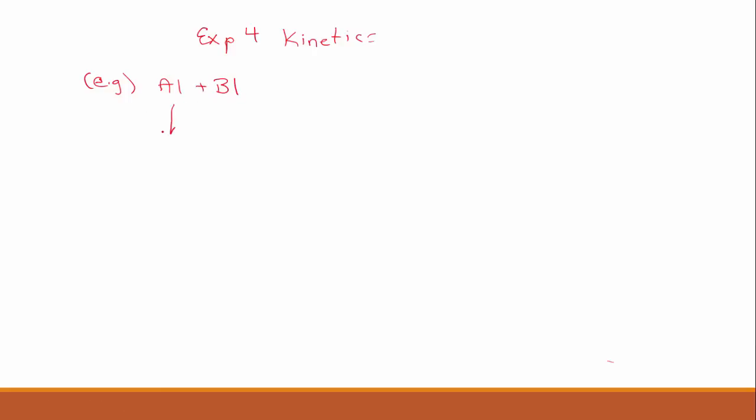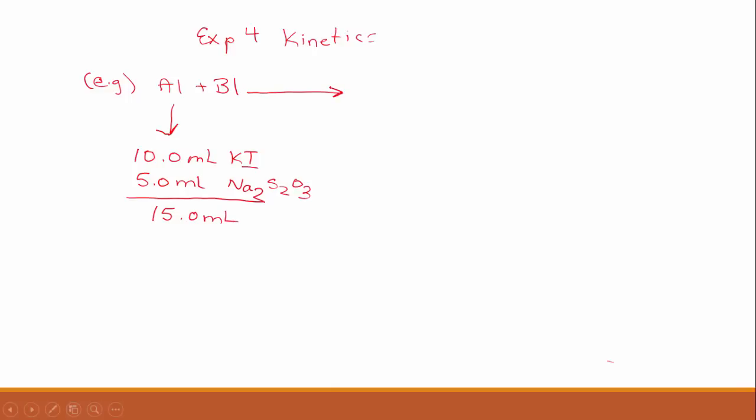In A1, you placed in there 10.0 milliliters of potassium iodide, that was aqueous. You also placed in 5.0 milliliters of sodium thiosulfate, Na2S2O3. That's again aqueous, so remember why you place this into there. And so the total volume is 15.0 milliliters. And in B1, you placed